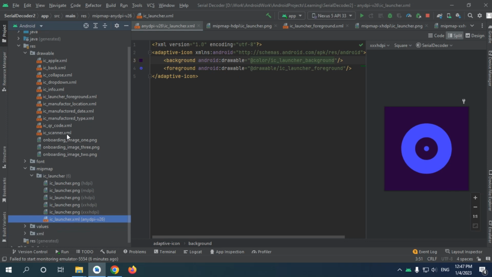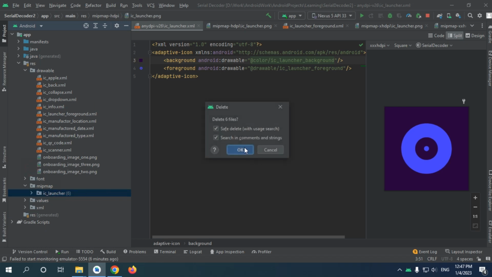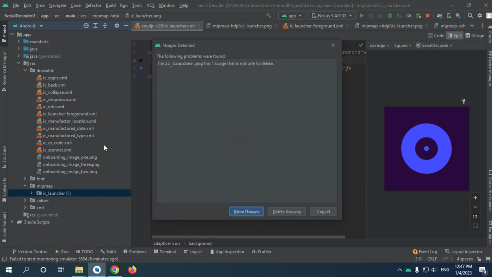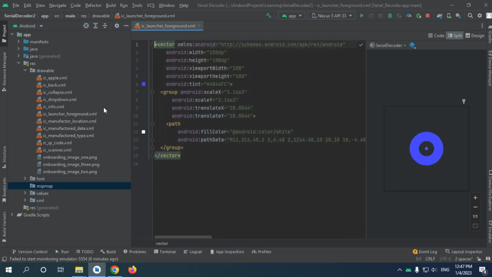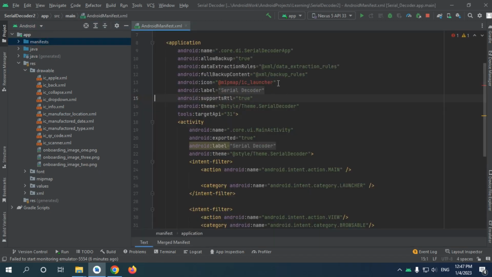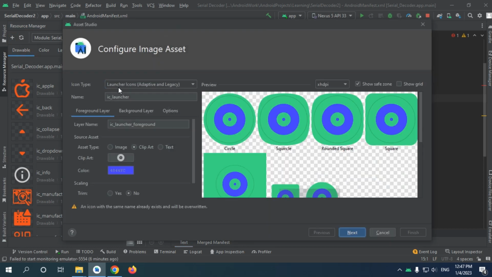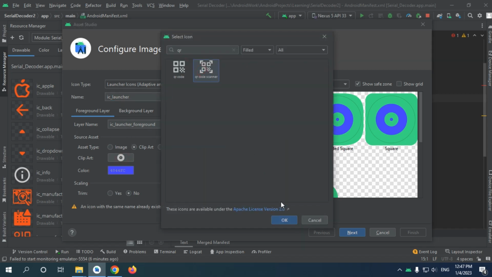And in order to fix all this kind of misleading stuff, I'm just going to remove the IC launcher in our mipmap directory. So I'm just going to delete it anyway, and I'm going to delete this foreground. Now we don't have an icon. So open your resource manager, choose image assets, choose launcher icon, adaptive and legacy. Now let's name it IC launcher, and for the foreground I'm just going to say QR. I'm going to take this one,